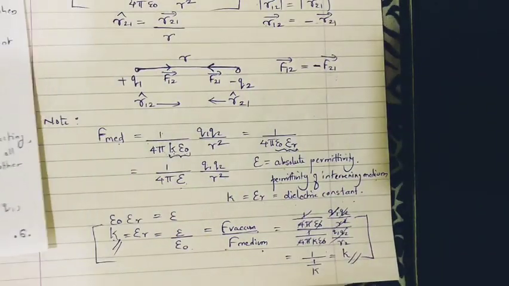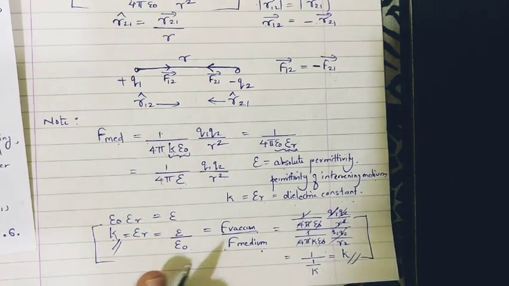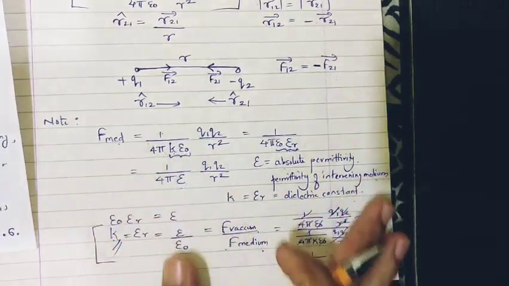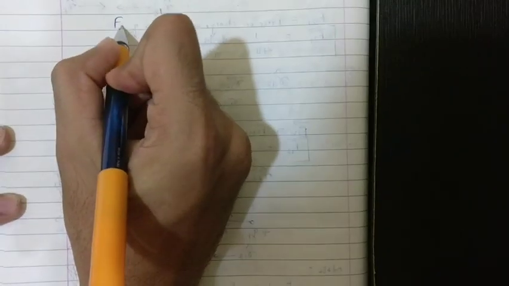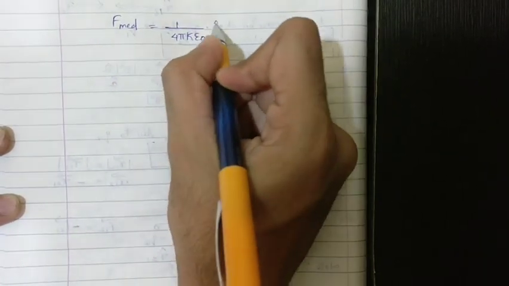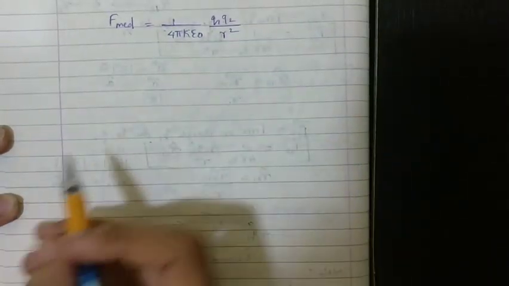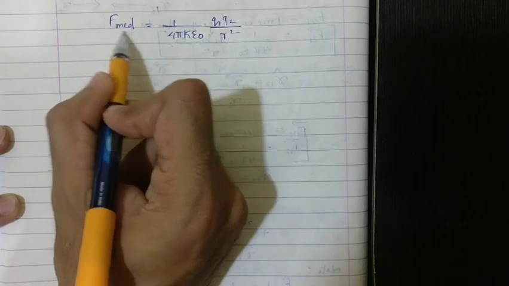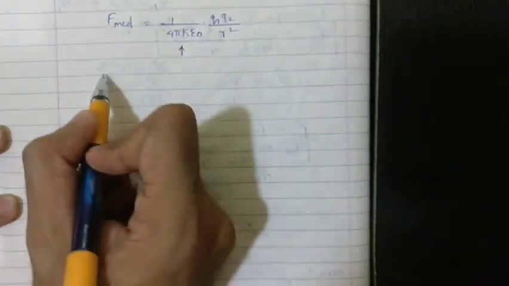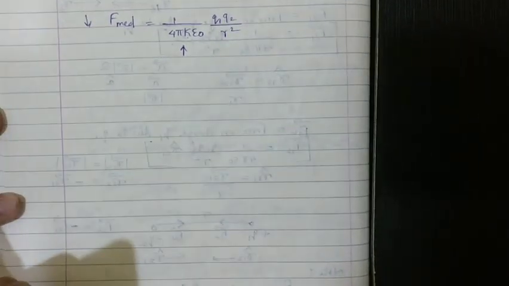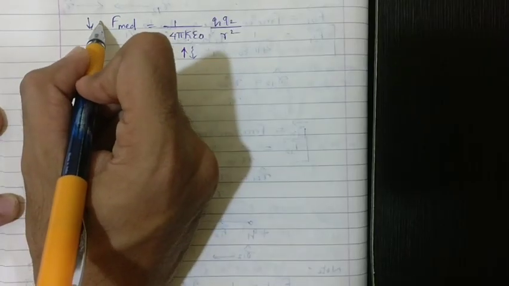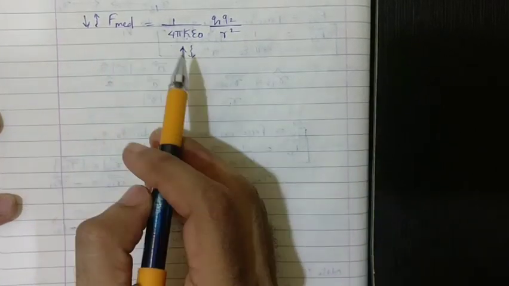Now what will be the relation between this value of k and the force of attraction or repulsion? If you see from this expression, let's write it again. F medium is given by 1 upon 4 pi k epsilon naught Q1 Q2 upon R square, right? So what will be the relation between the force of attraction or repulsion and k here? They are inversely proportional. That is basically, if the value of k increases, the value of force will decrease in a medium. And if the value of k decreases, the value of force in the medium will automatically increase. So this is the relation between them.